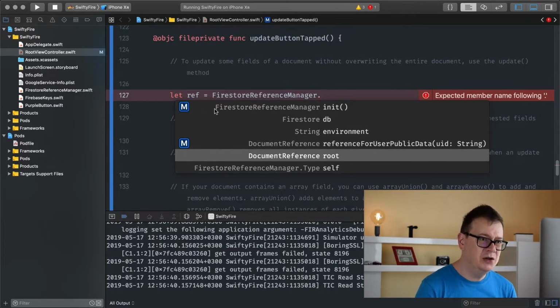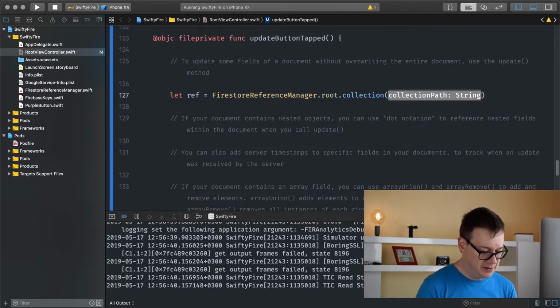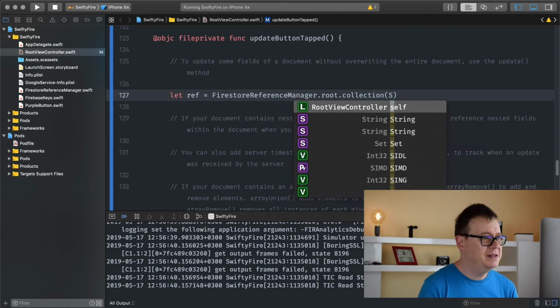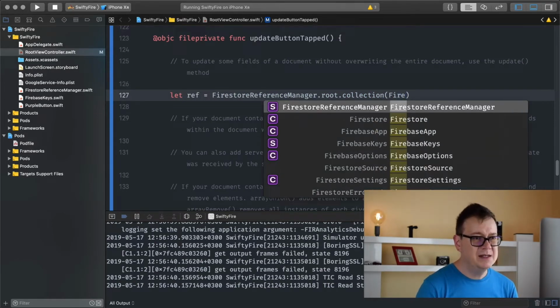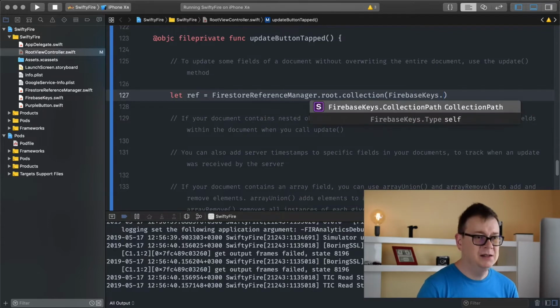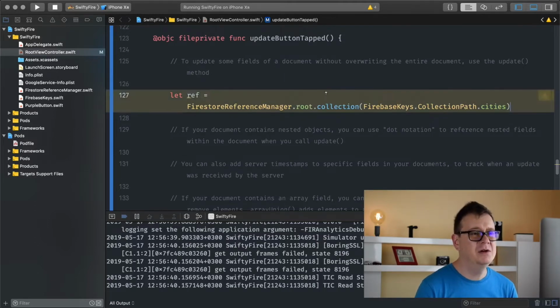So we want to get the root and then collection, and it is, I believe, Firebase keys. Yes, it is Firebase keys dot collection path dot cities. There we go. So we grabbed our reference for the cities, and if you don't know what this root means,